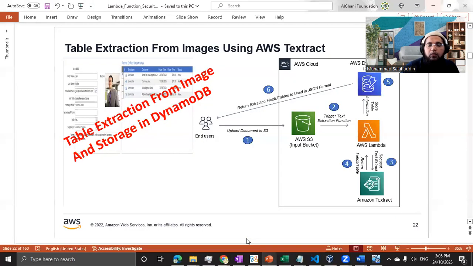So we're gonna wrap this video series with this last component of our architecture, where we are extracting the information from the image and we are storing that information into the DynamoDB. So a quick introduction about DynamoDB. DynamoDB allows us to store the information in the